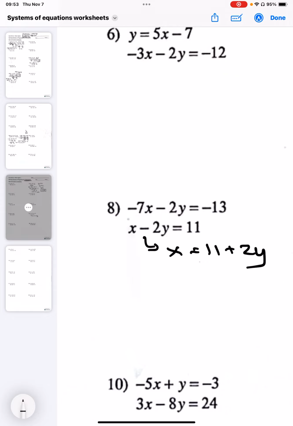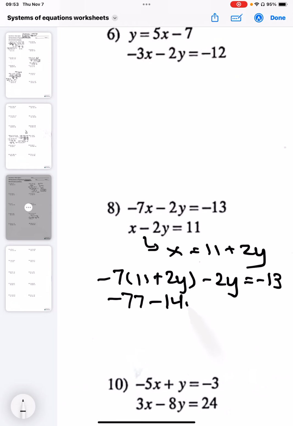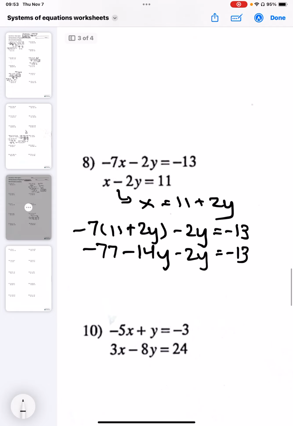So now in any part on this first equation where it says x, we can replace it with the equation 11 plus 2y. So we can say negative 2 times (11 plus 2y) minus 2y is equal to negative 13. When we distribute, we get negative 77 minus 14y minus 2y is equal to negative 13. So we can add 77 to both sides, and then we can combine these. I'm going to just do both steps at the same time. So we get negative 16y is equal to,